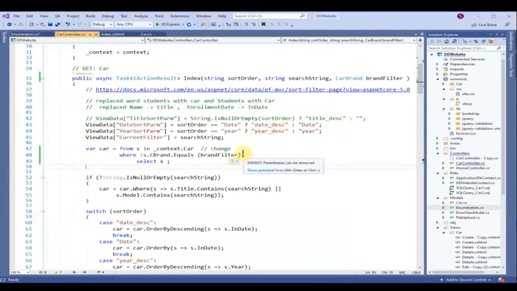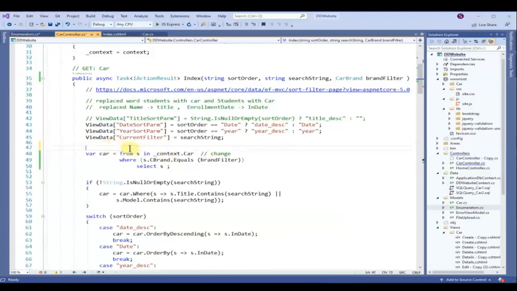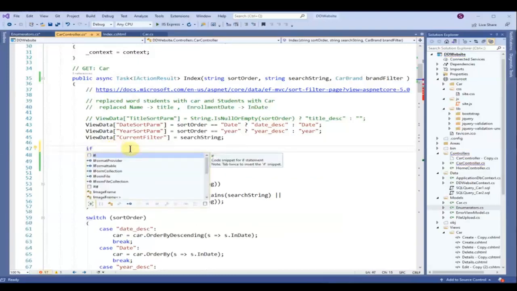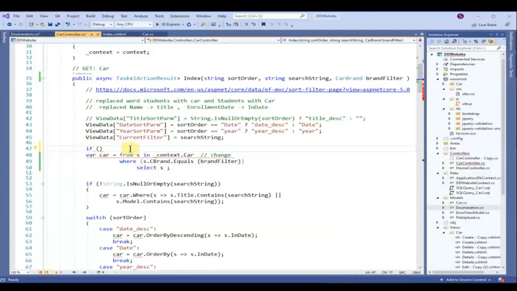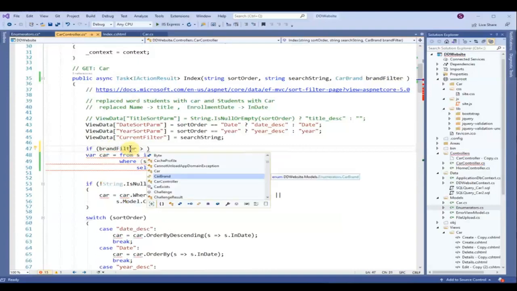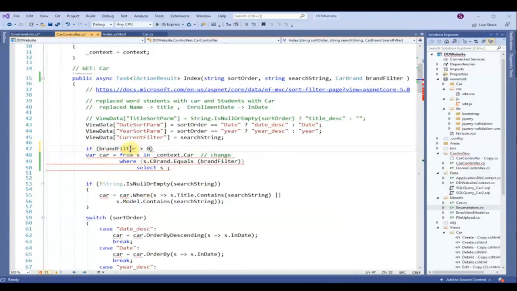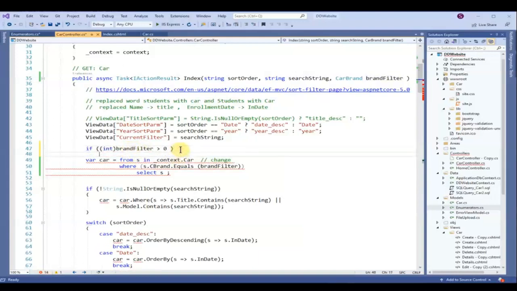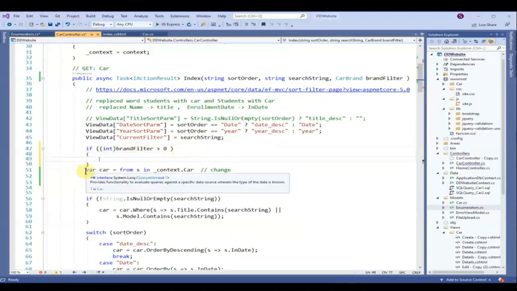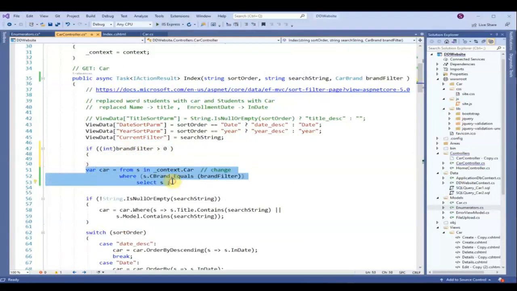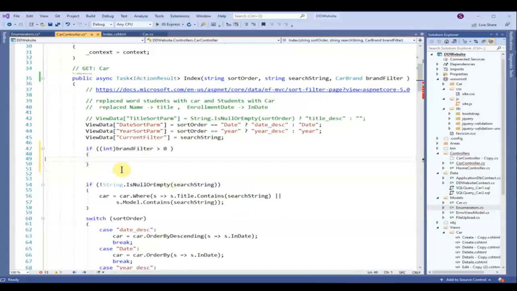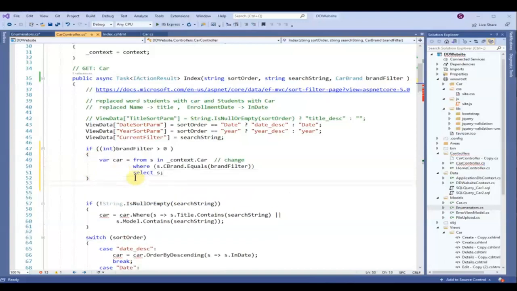So if brand filter is larger than 0, maybe we need to convert this to integer. Do this. Else,